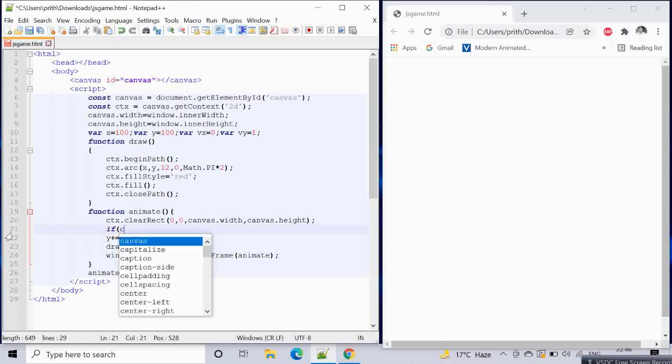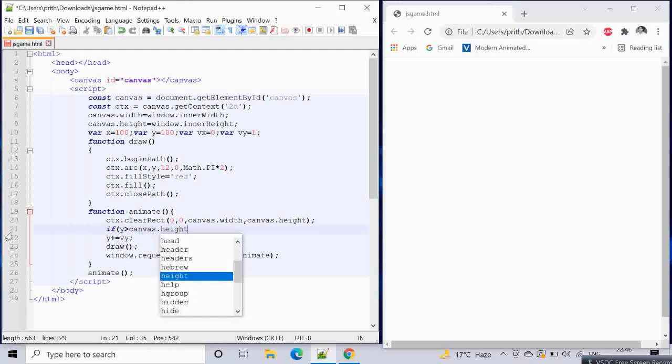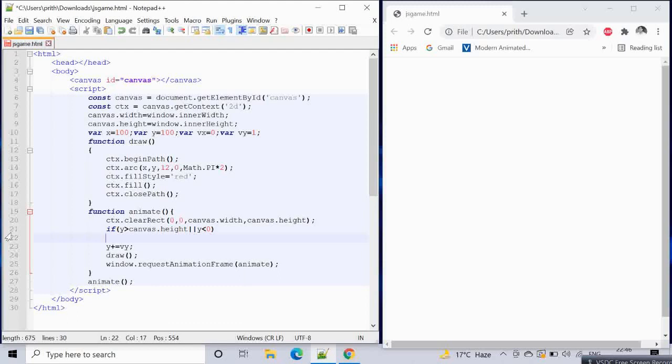How do we do that? If y is greater than canvas.height, or y less than 0, then any of these conditions, we want to change the direction of this vector. vy is the vector which is currently giving a slight variation, so we want to change its direction.